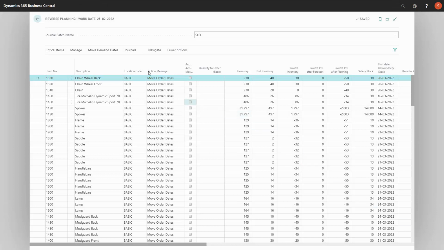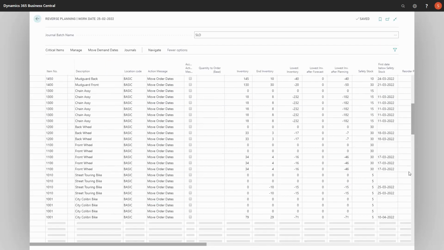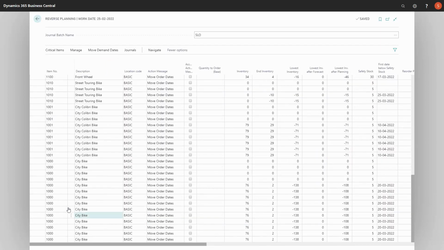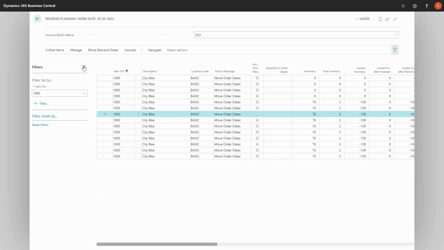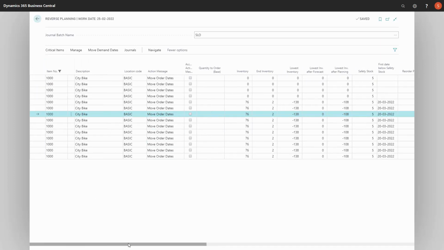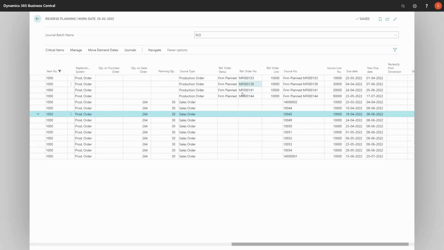So in this scenario, we have now calculated the move demand dates, and it suggests a lot of movement in opposite low-level code order, meaning if we scroll down, we'll see our sales item, our top-level item, and if we just filter on one of those items, like this, we can see that it wants to move a lot of lines in here. First of all, moving a lot of production order lines in this plan